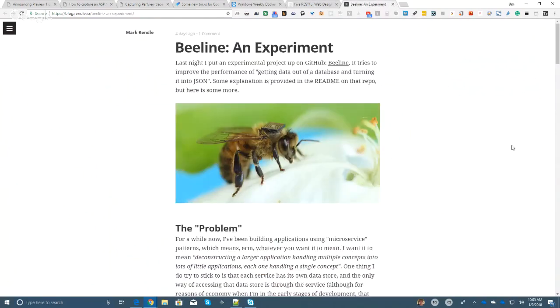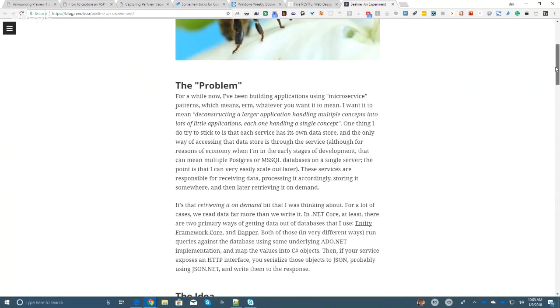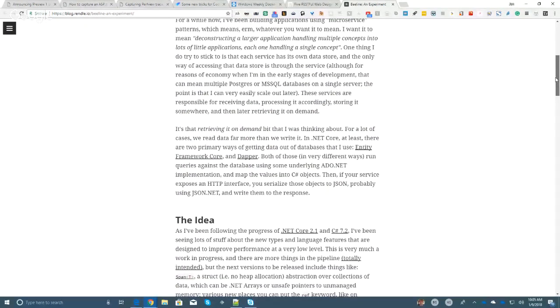Last one I wanted to point out is just something that's kind of neat. This is Mark Rendell, who tried out an experiment. This is called Beeline. And what he wanted to look at here was serializing to JSON directly using the new Span and all the new goodies in .NET Core 2.1